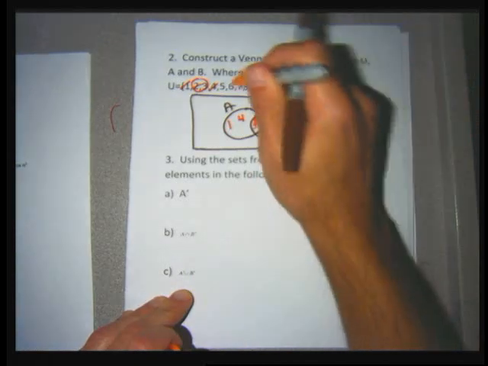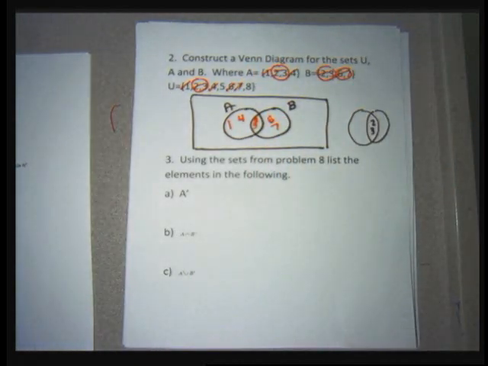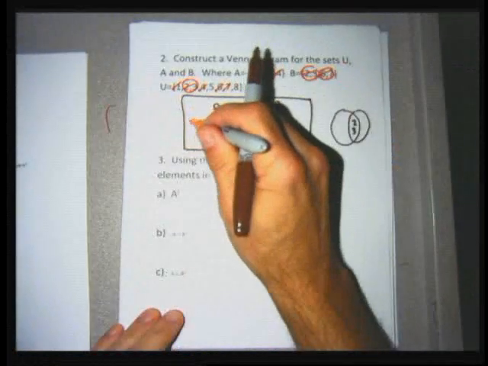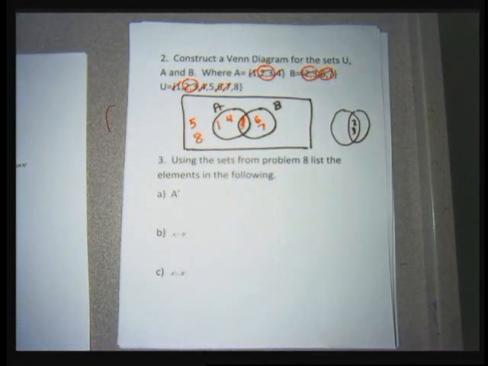I've placed everything in the B set, and from the U set, I've placed the numbers 1, 2, 3, 4, 6, and 7. I just need to place the 5 and the 8, and I can place the 5 and the 8 anywhere inside the rectangle outside the circles. So that would be a Venn diagram that